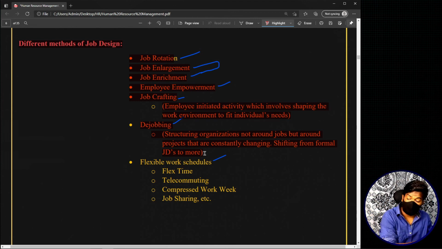In the present scenario, there are many organizations which use dejobbing. What do I mean by moving away from formal JDs? For example, let's take a software company. If they are using dejobbing, this company will not tell you that there is this particular role of software engineer where you have to work on C programming, and you have to do this and that in a structured way. You will not have that when you're talking about dejobbing. If an organization is using dejobbing in a software engineer role,